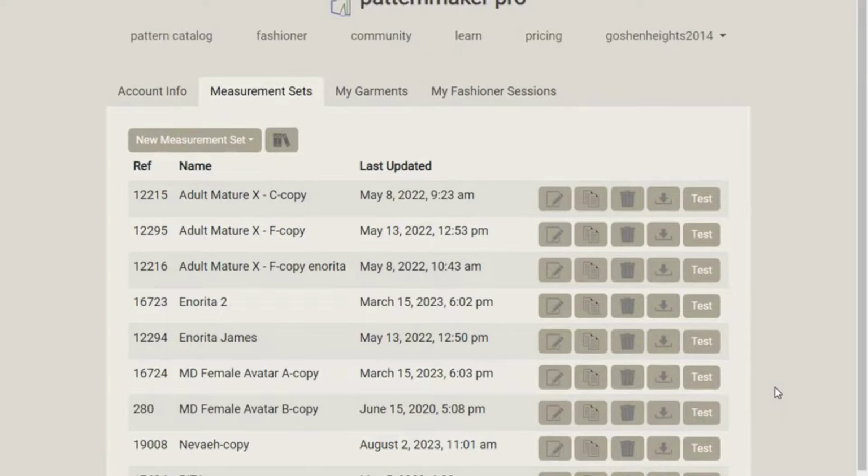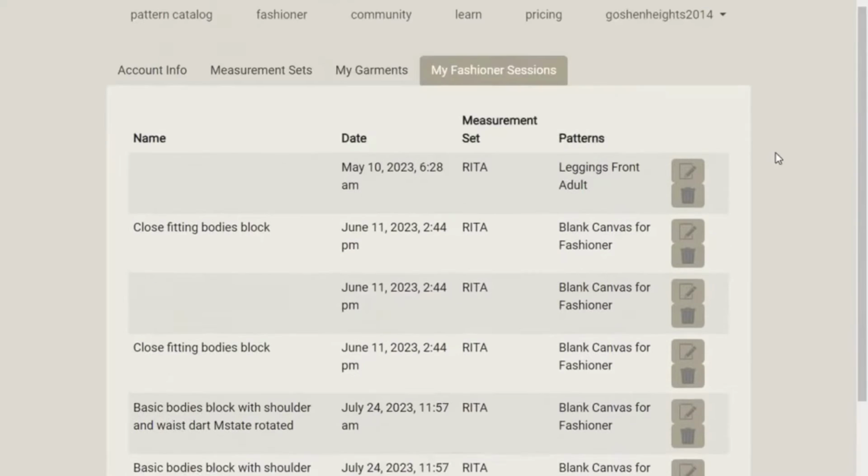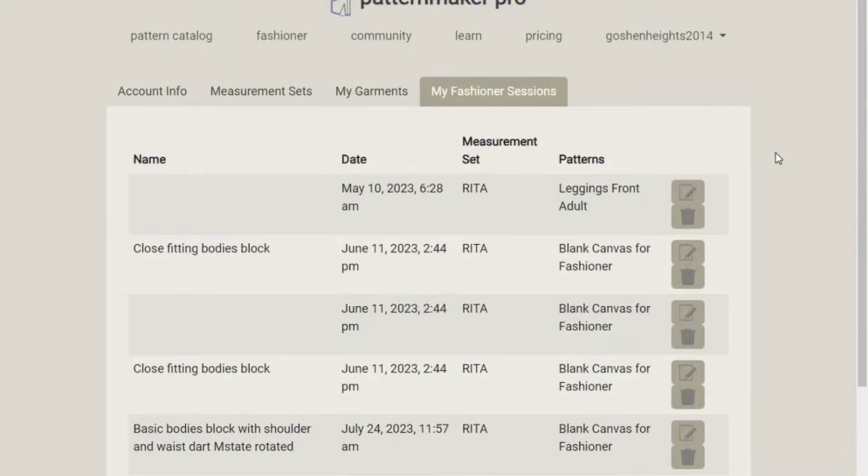And with this, I've actually come to the end of this video, introducing you to the new Pattern Maker Pro website, and then showing you the new things that have actually been added to the Pattern Maker Pro new website. So go ahead and check it out and see all the things that have been added to this new Pattern Maker Pro